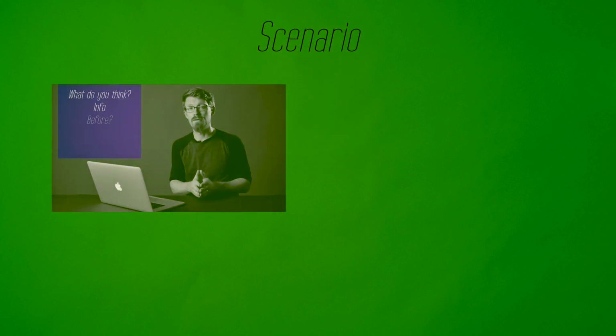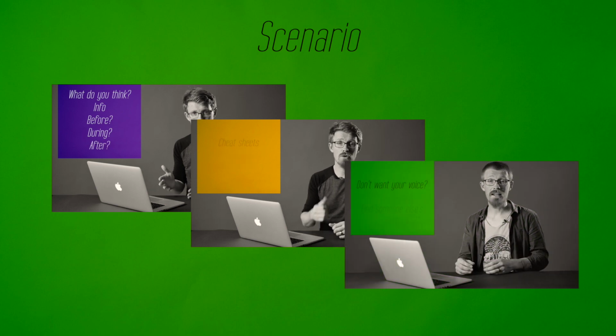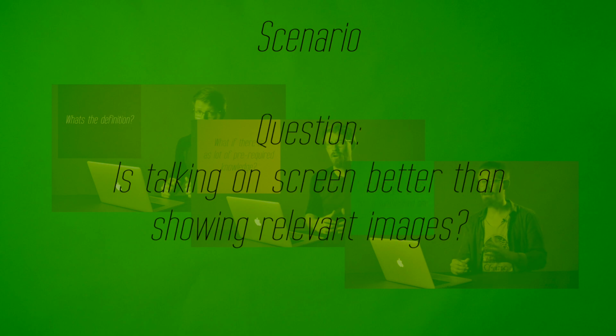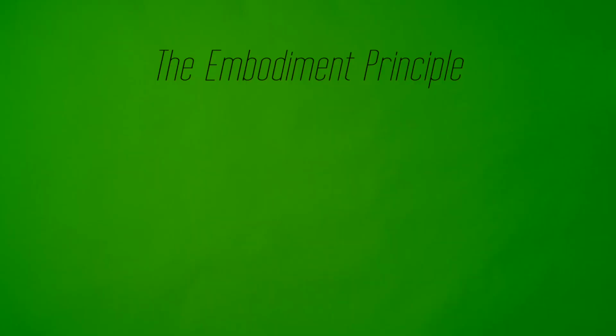Let's imagine for a moment that there's a guy who has a load of different videos covering, let's say, the principles of multimedia learning. His videos are okay at best and he spends a load of time on screen talking. If he's explaining a lot of ideas and concepts, do you think it would be best if he spent most of his time talking on screen? Or do you think it would be best for him to include relevant animations and on-screen graphics to illustrate what he's talking about? This is where the imaging principle comes into play, and this principle states that people do not